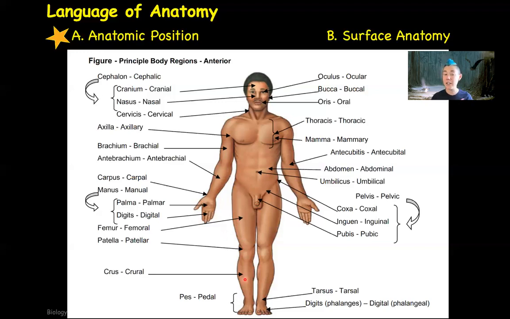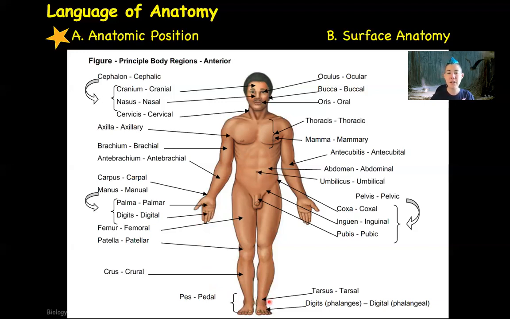This is an area that you might refer to as the shin. We'll call it the crural region. The foot is the pedal region, and it contains the second digital region. Remember, we had a digital region up here at the fingers, and another one down here at the toes. Just like the wrist got its own name, the carpal, the ankle gets its own name, and that's the tarsal